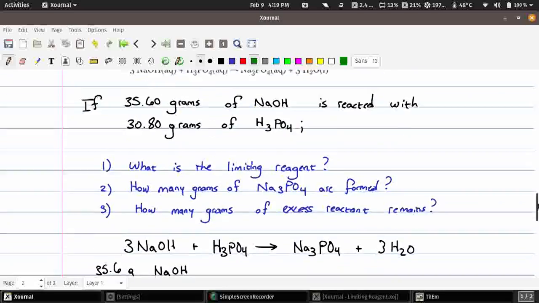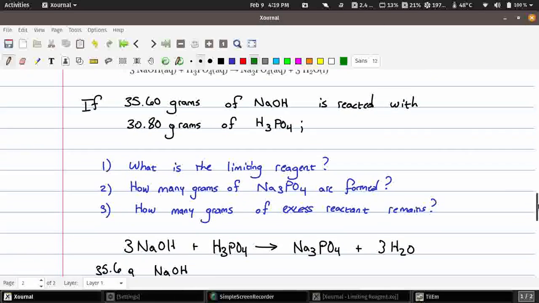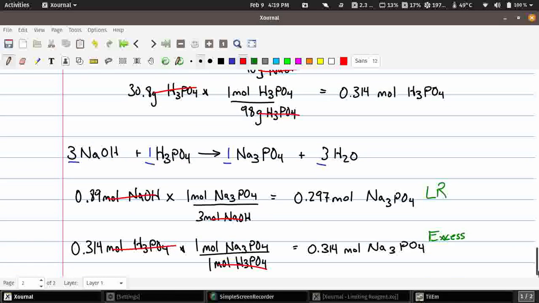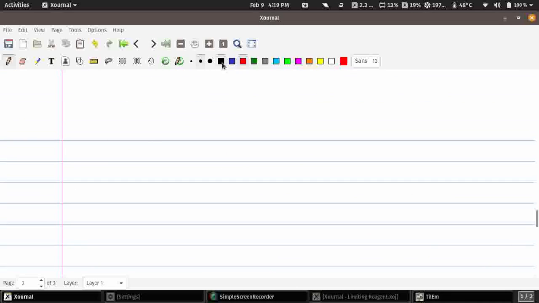Okay, let's write the answer down. What is the limiting reagent? We have determined that it is sodium hydroxide. Now, this part's easy. You know how many moles theoretically you can make because this is it. So let's answer number 2. We're going to be using that number from now on. So we have 0.297 moles